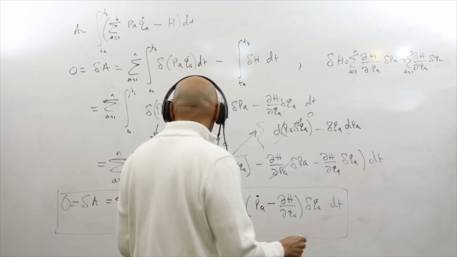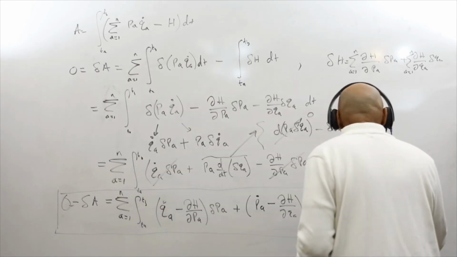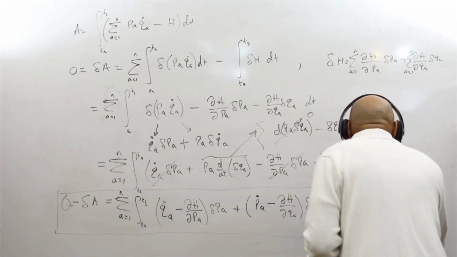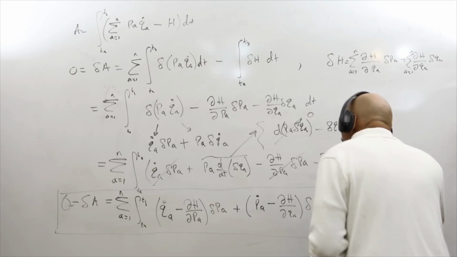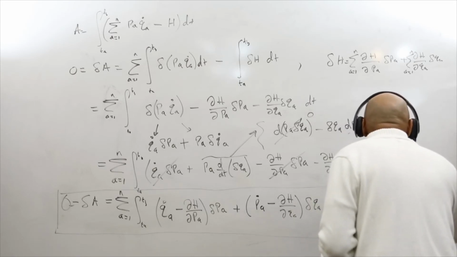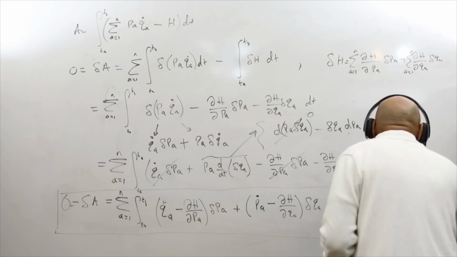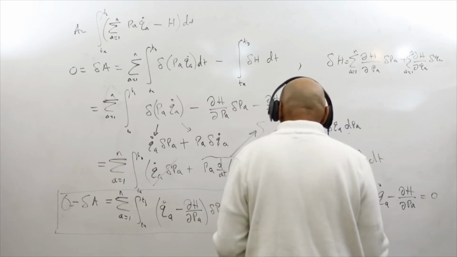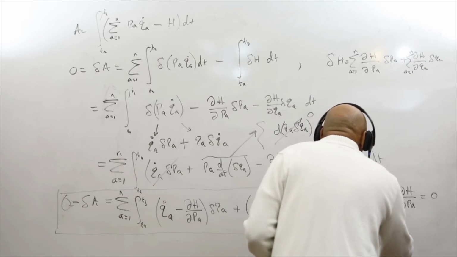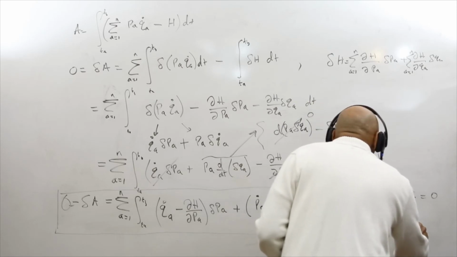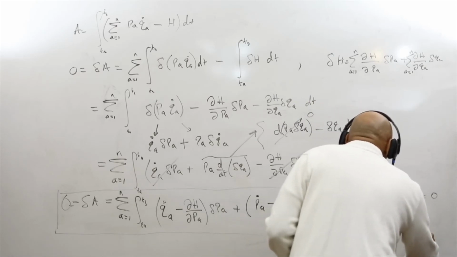So this leads us to, the summation is meaningless, but which means that QA dot minus partial of H with respect to PA is equal to 0, and PA dot minus the partial of H with respect to QA